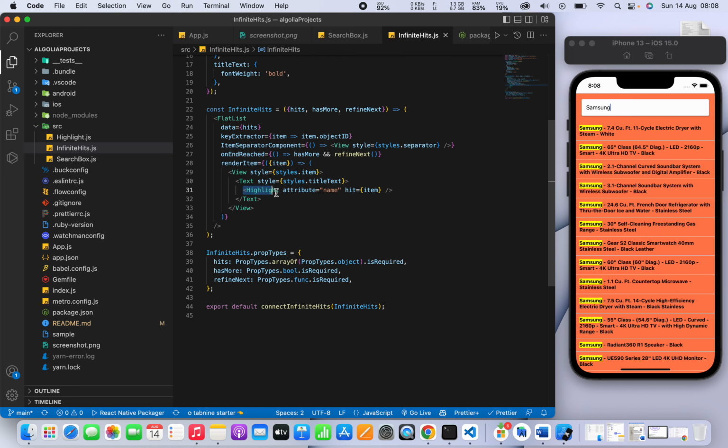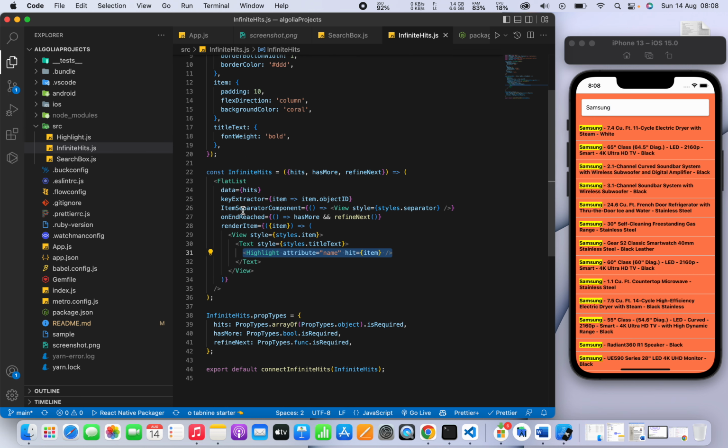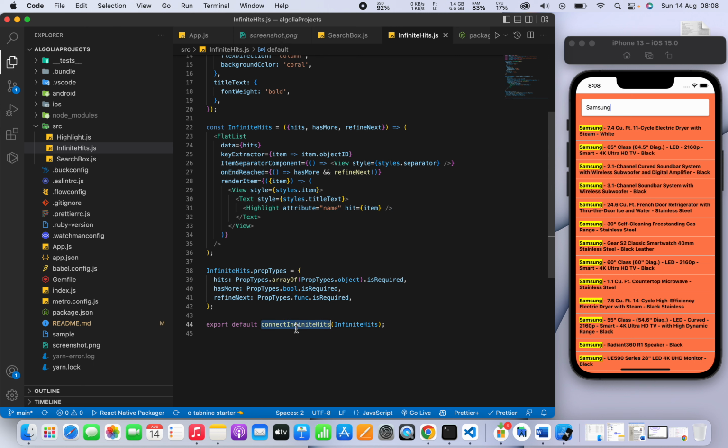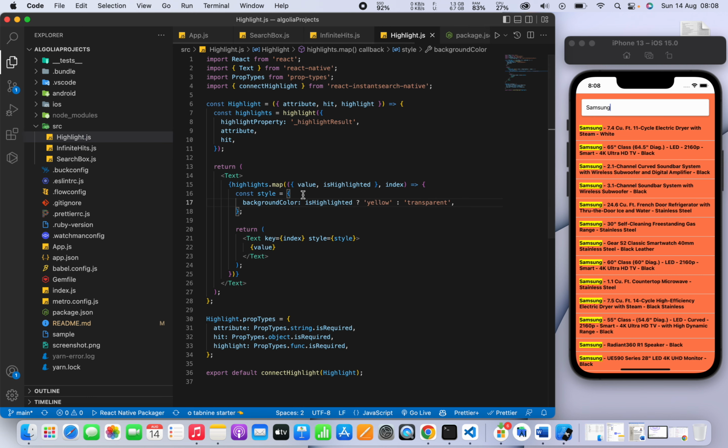And then we have another item here which says highlight attribute name hit item. Now this is the component that I talked about, which is this highlight. What highlight does is that it's a component which wraps the item that you're searching. When it wraps the item that you're searching, it will wrap it and then give it a style. So this is mainly it for infinite hits, and then you have to also put a connector there for the infinite hits. Then we imported highlight at the top, so now we're gonna go to highlight, and you can see that highlight is just a text item which wraps children, which is a value,